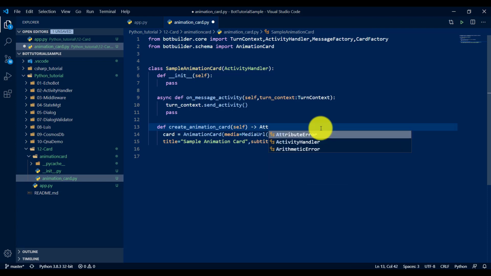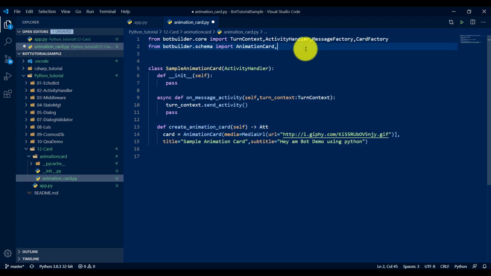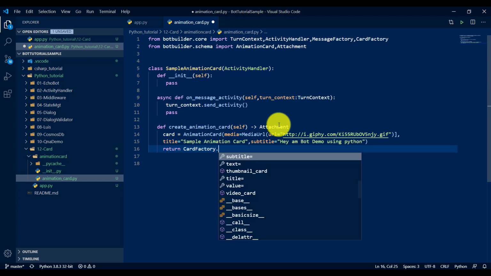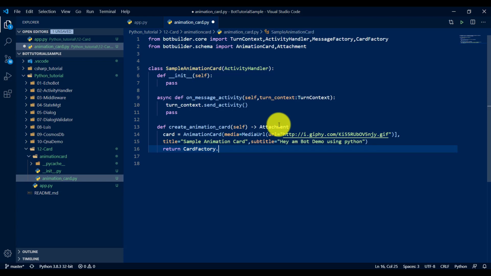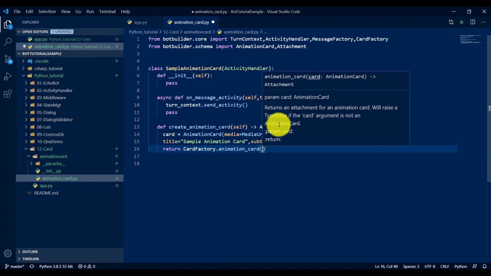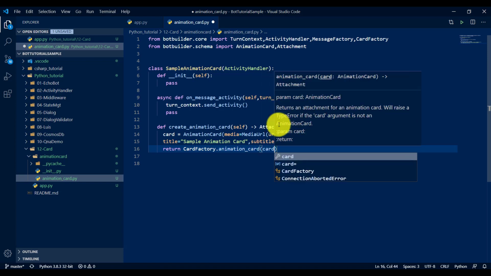Attachment is present in the schema, so we have to import it. Next, I return CardFactory.animation_card. To convert, we have to tell it what type of card we are converting to an attachment, so I'm telling it animation card. Pass the animation card object here. That's it.